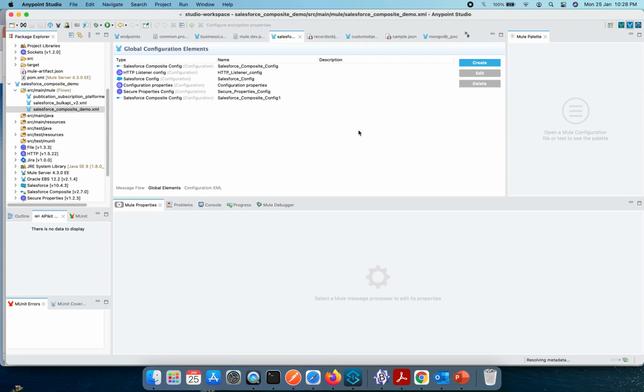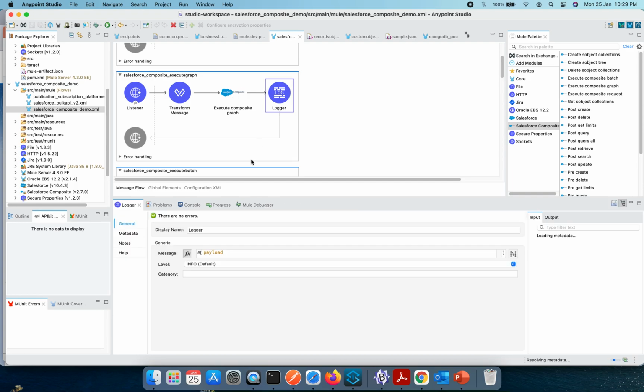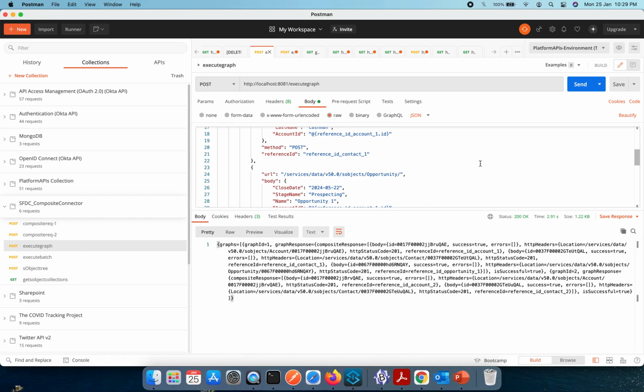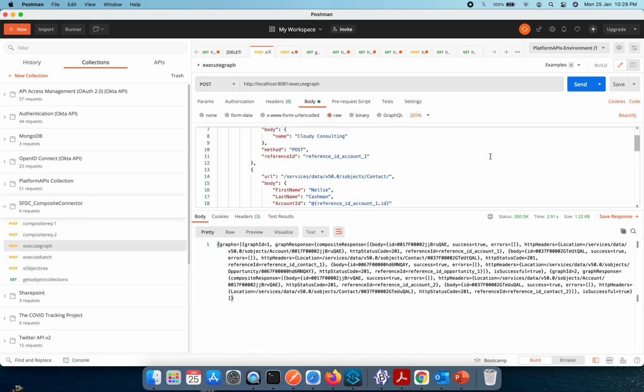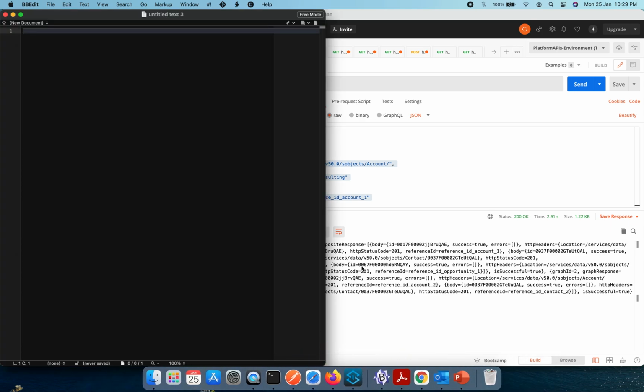Okay, so this was about it, and let me go back over here. This is done, and after that there is a logger where I am going to print the log statement, that is, what the payload is. This is already in the running state, so we should be good. Now let me jump to Postman, and let me show you the content of the request. So this is 8081 execute graph, post is the method.